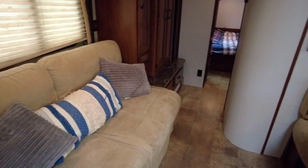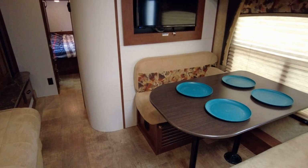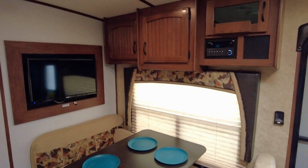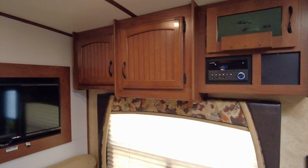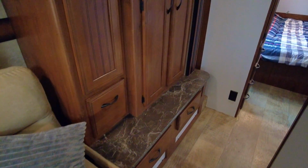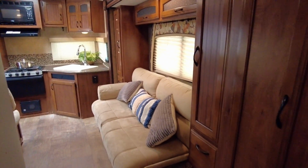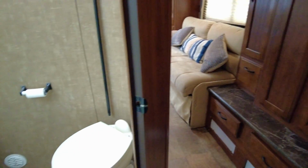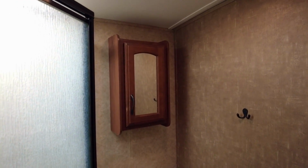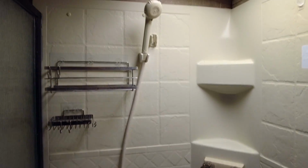On the opposite side you will find a cozy dinette with a recessed TV above, along the forward wall, plus lots of overhead cabinets on the side wall. As you continue towards the front, there is additional wardrobe storage on the left, across from the bathroom on the right. The private bath has a corner toilet, sink, mirrored medicine cabinet, and a spacious corner shower with skylight and